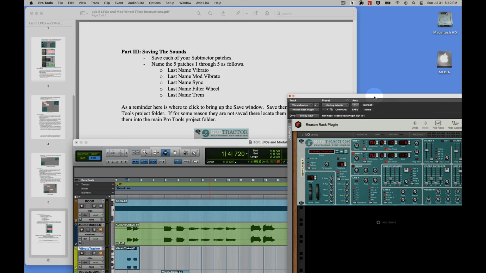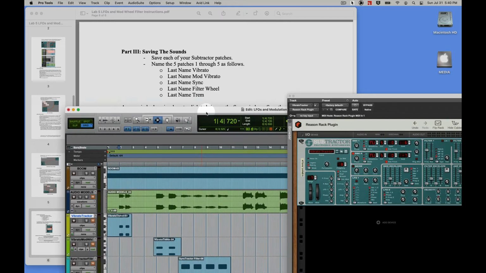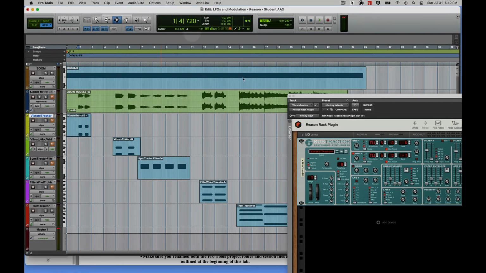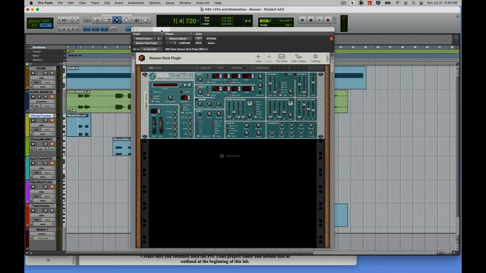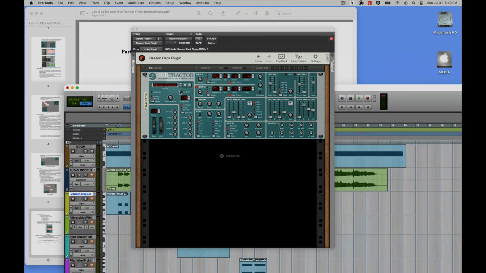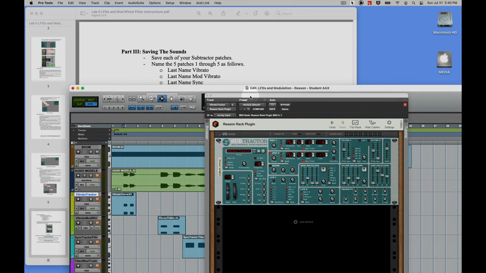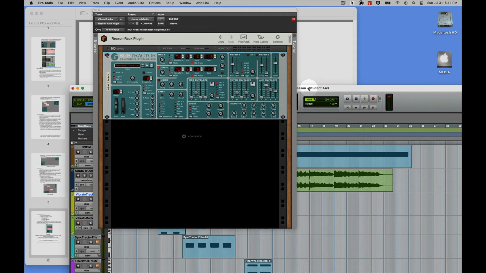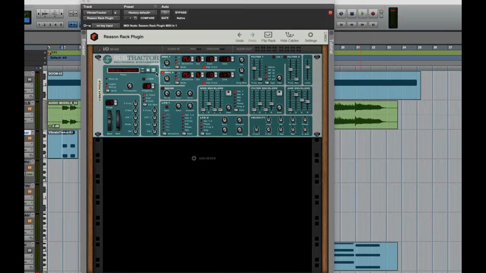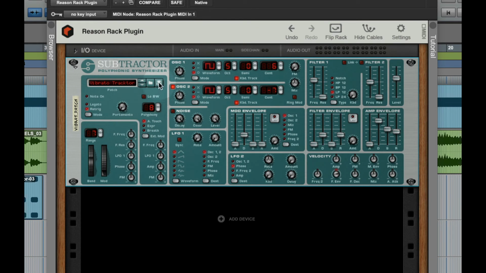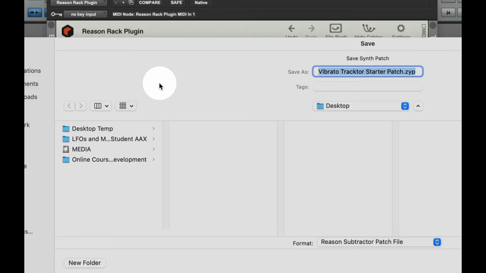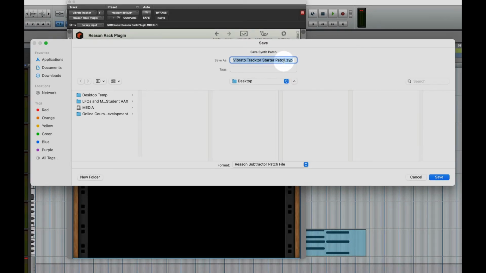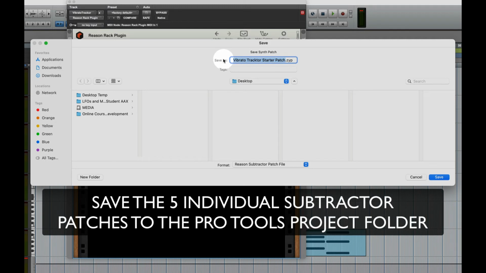All right, let's go ahead and get Pro Tools back up to the center. So there, and get Reason back there. And this is our first Subtractor, Vibrato Tractor. So we'll be naming that one last name Vibrato. Okay, here we go. Let's go ahead and look for the floppy disk icon right here next to the patch name. Click there and it brings up the Save Patch window. And we'll call this one